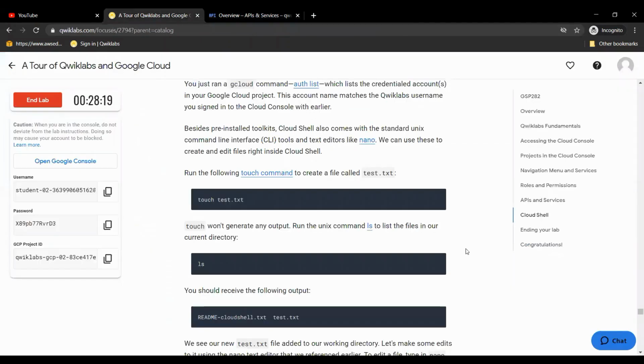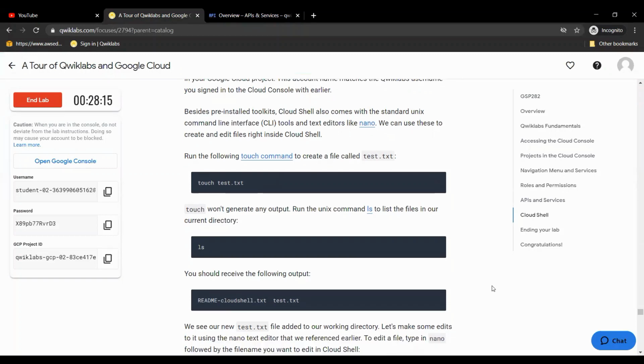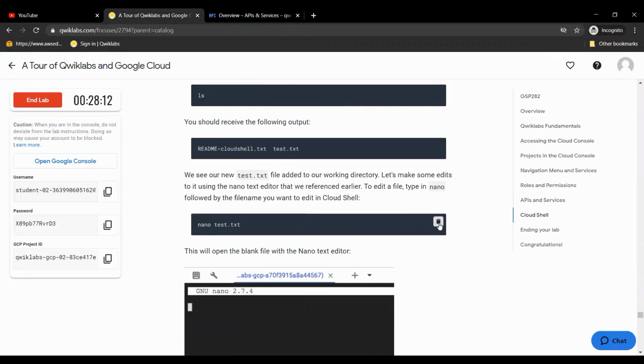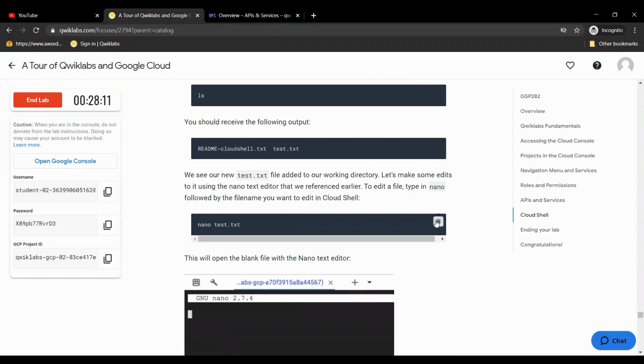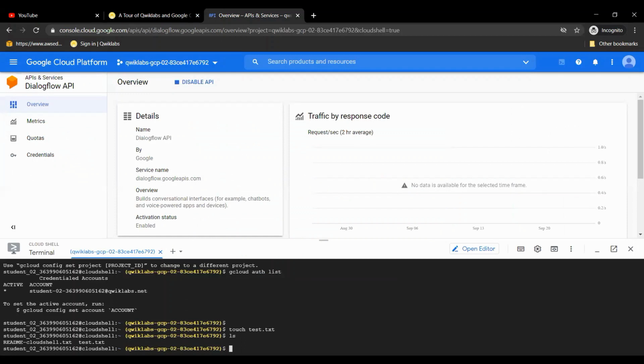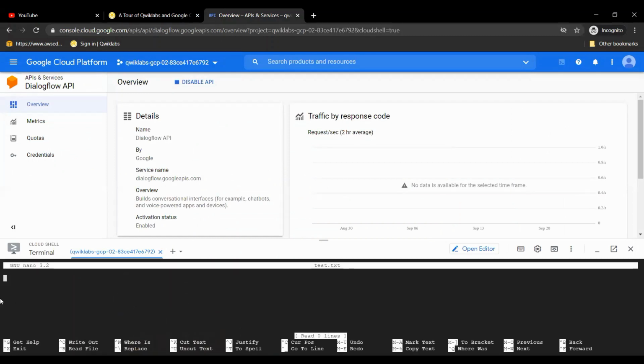And to write something in this test.txt, we'll use the nano editor, which is used to edit text. Here, the nano editor has been opened now. We'll give some text into this: Welcome to GCP.